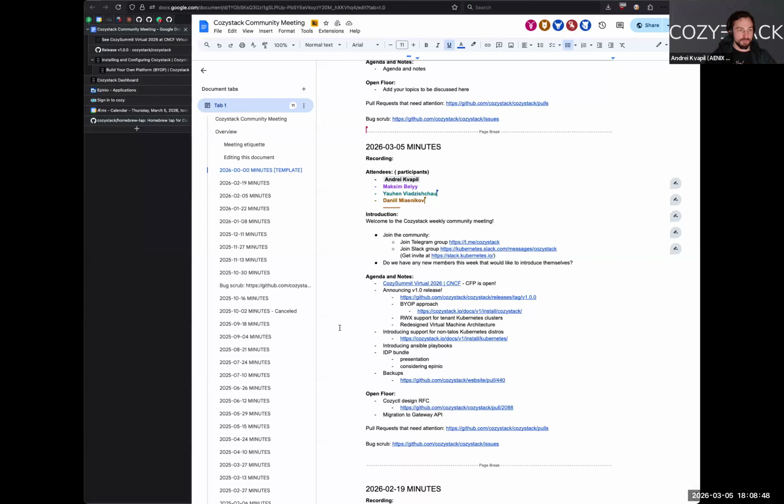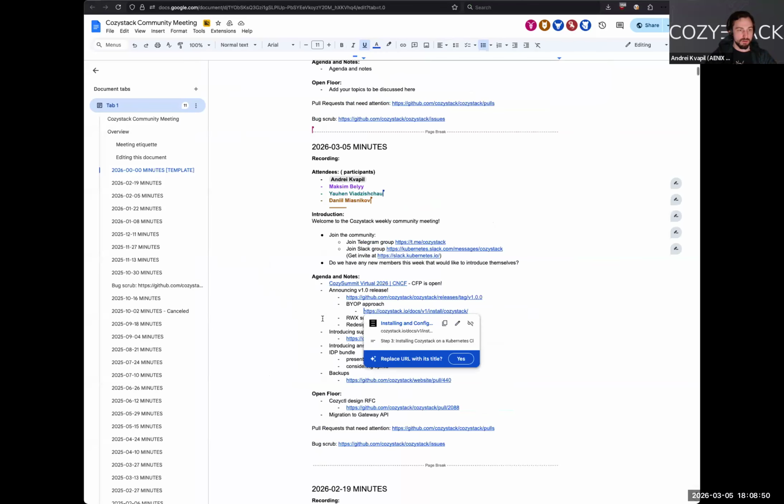All right, so there are also a few other changes. We finally introduced read-write-many support for tenant Kubernetes clusters. This is done by modifying the KubeVirt CSI driver by adding an additional LINSTOR-specific wrapper around it.